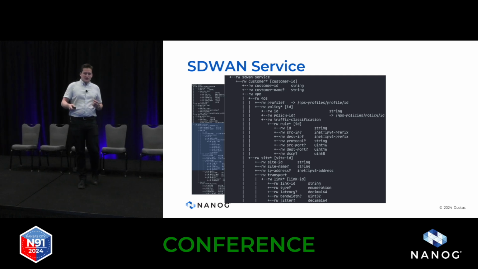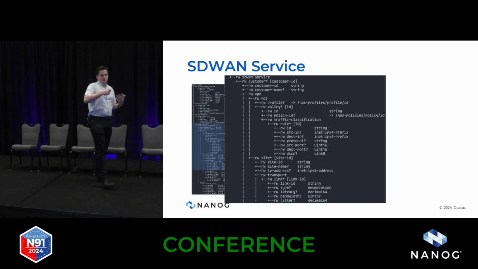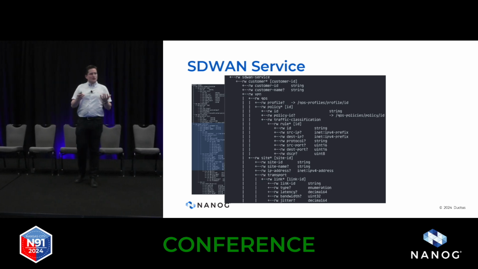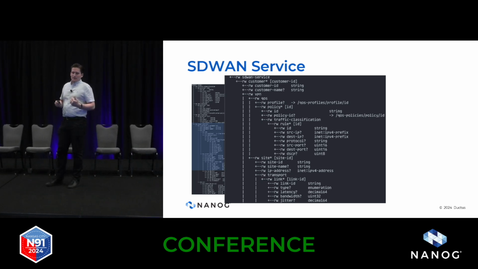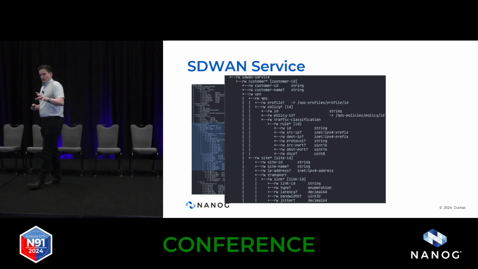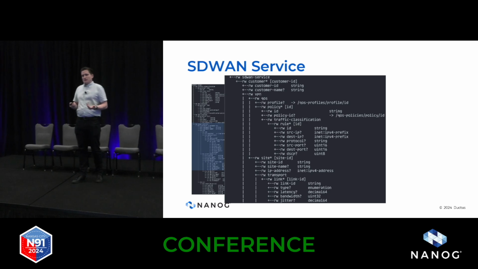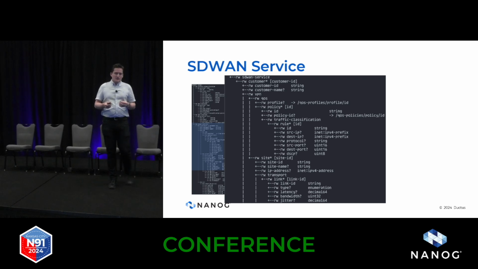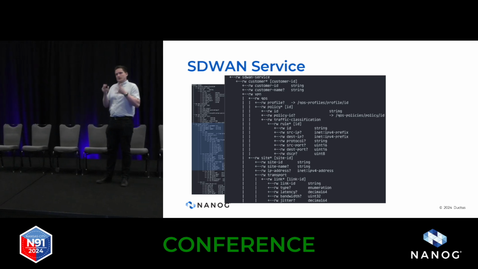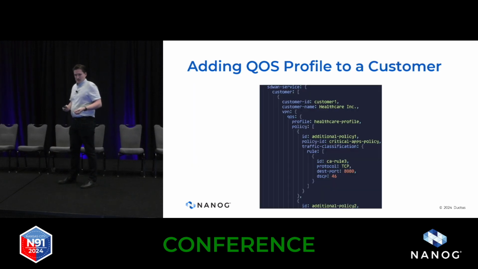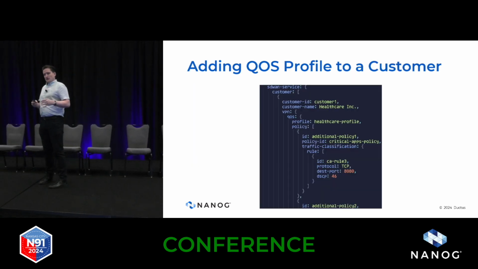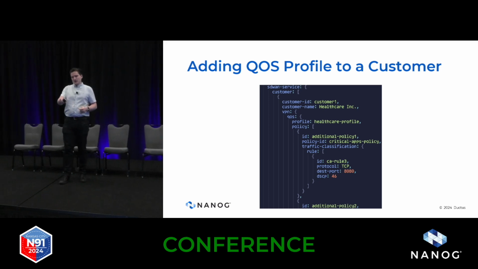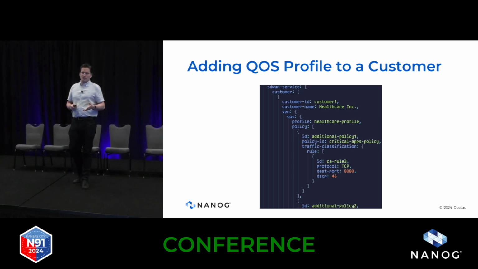Then below we have our site list. Each site would exist there. We could also have added a QoS policy per site if we wanted. And we list our links. So this information is really what you need to implement an SD-WAN service, regardless of the actual provider, and it's a lot simpler than the provider SD-WAN service configuration. From here, we could develop our web UI, for example. If we put a QoS policy profile on a customer here, then we could have our kind of overrides for that particular customer.